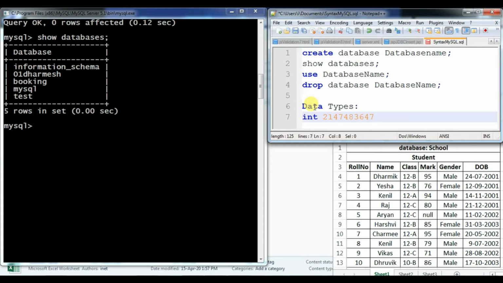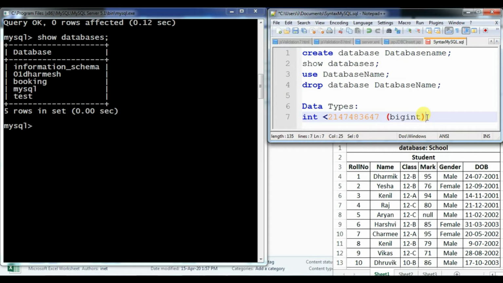If any value is more than this amount, then you have to go with bigint. Yes, bigint is one more data type to store numeric values. Int is okay if your value is less than this amount, but if your value is more than this amount, then you have to go with the bigint data type.